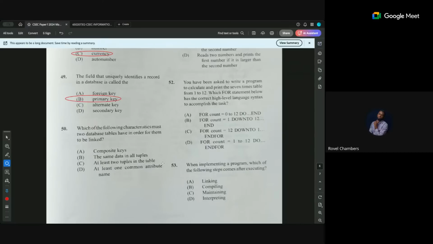No. At least one common attribute name? Tuples. What does the word tuples mean again? I learned this in database in computer science. So tuples is, let me tell you quickly, tuples is a row. So another name for a row is tuples. Okay? So it must have the same